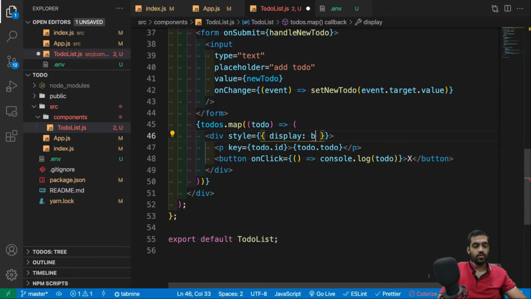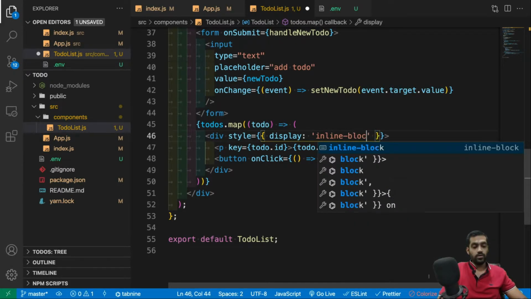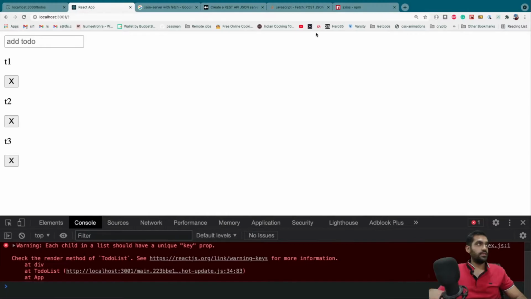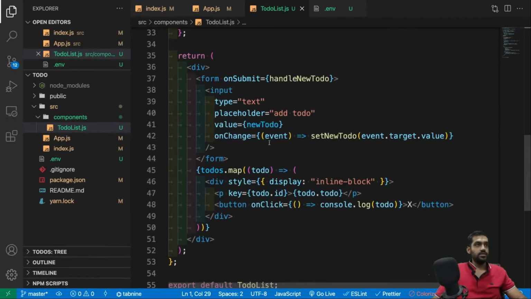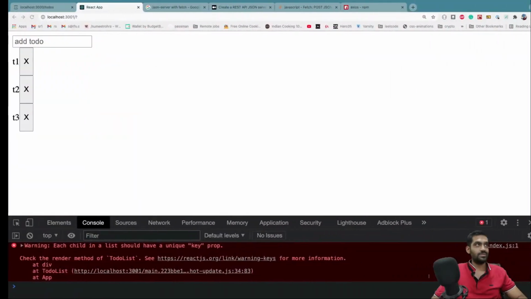I guess inline block should do. If it doesn't work, we'll do flex, of course. And let's just remove fragment from here. Let's see. My bad. Instead of inline block, let's just do flex. Flex is much nicer.